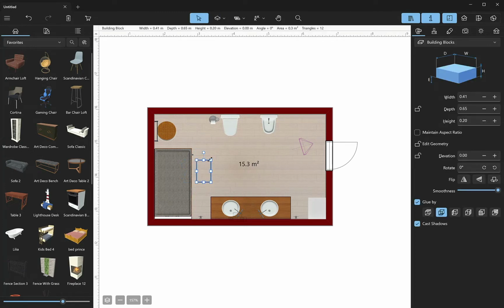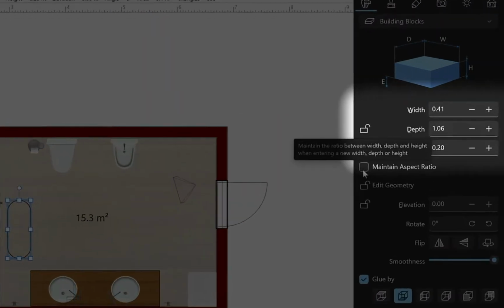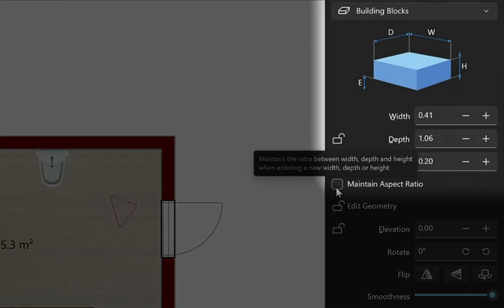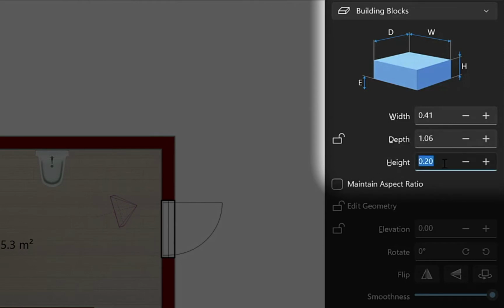If you are adding a rug of an arbitrary shape, double-click on the rug to edit the contour by dragging the contour points in the necessary directions. You can also add or remove points to create the needed shape. Be sure to untick the Maintain Aspect Ratio option on the Inspector panel and set the height for your rug in the Object Properties tab of the Inspector.